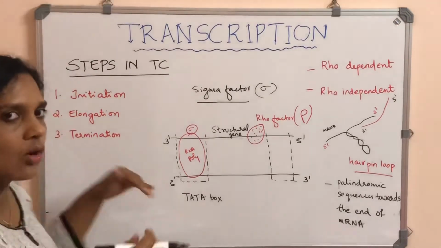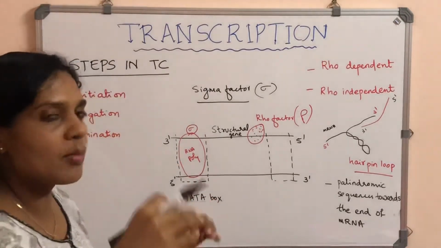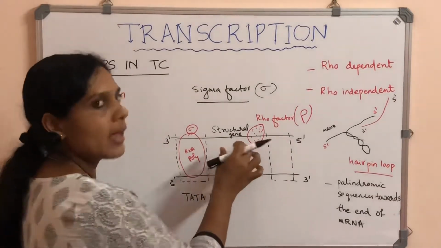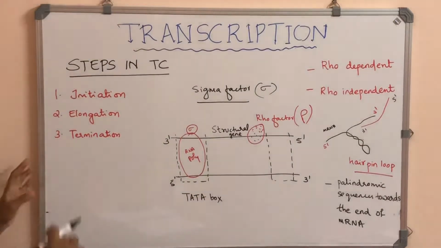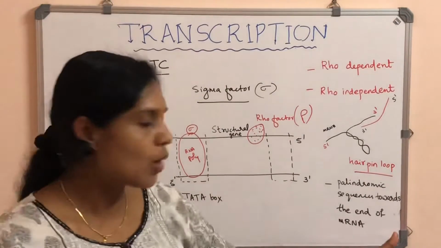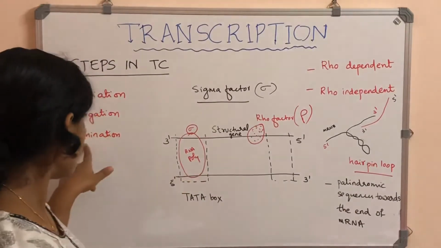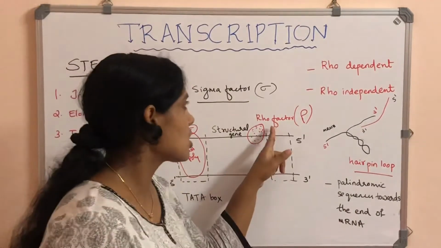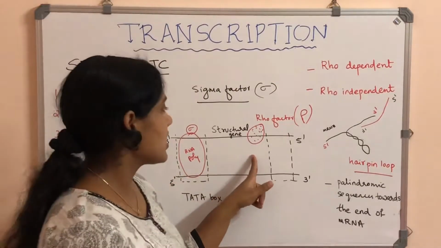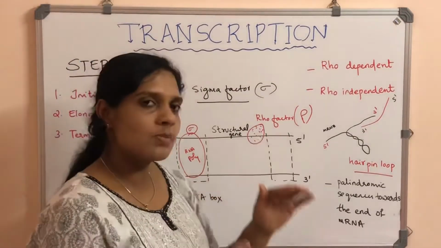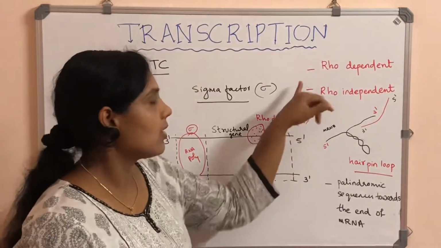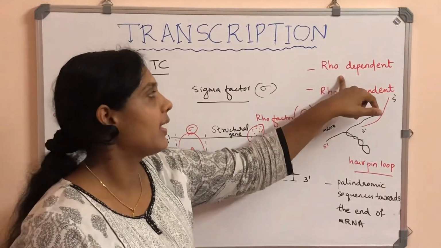That is the only thing that happens in the initiation step. Second is elongation. RNA polymerase will add polynucleotide bases to the mRNA. That is what happens in elongation. In termination, the process has to be stopped now. Termination is aided by a factor known as Rho factor. Rho factor will come and bind to the DNA strand, which stops the movement of RNA polymerase, and hence the process stops. This is what happens in Rho dependent termination.